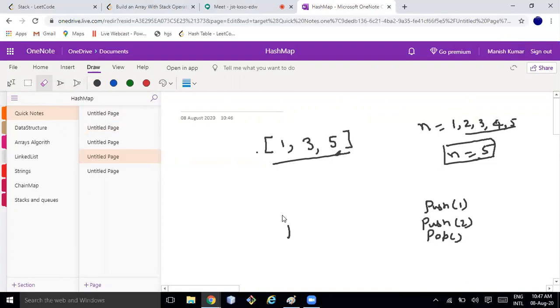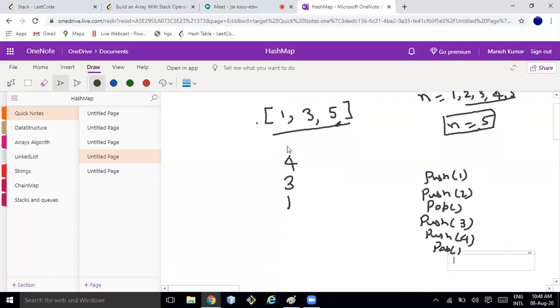Now again you will do push, so 3 will be pushed. Then you add 4, you do push 4, but after that again you need to pop it, right? Then you add 5, and you do push 5. So this 4 will be removed, so the final list will be 1 3 5.